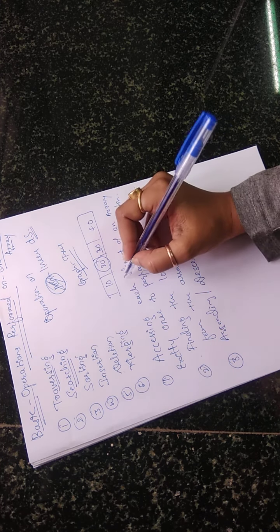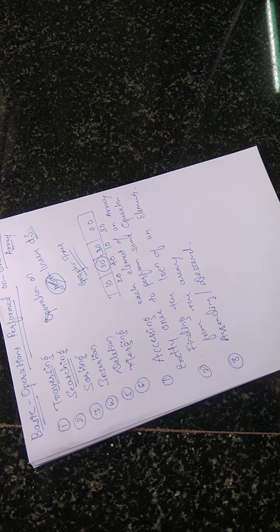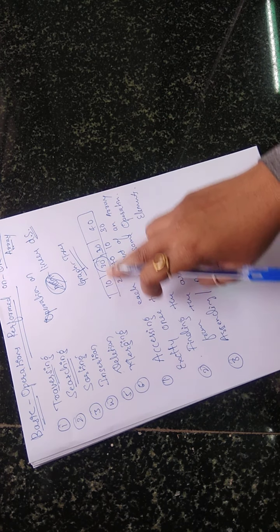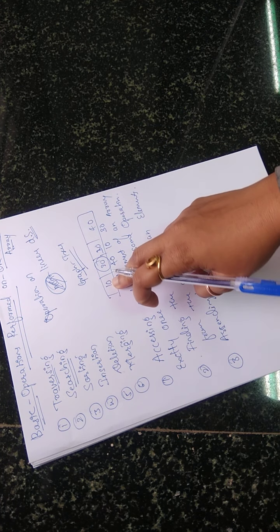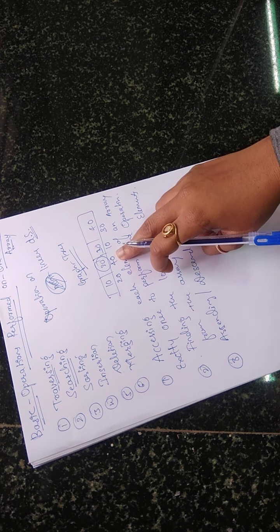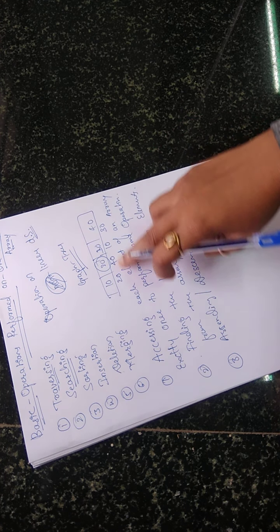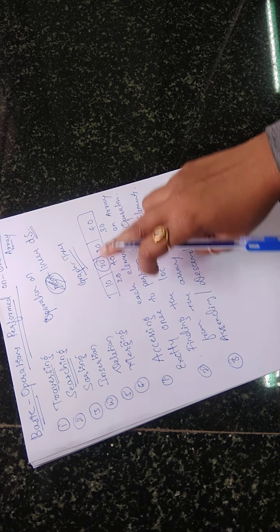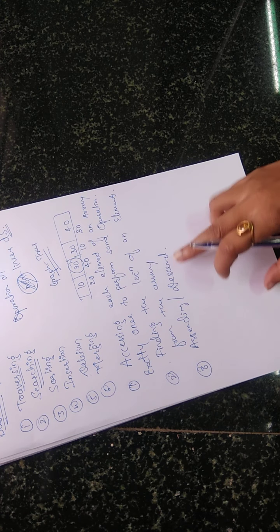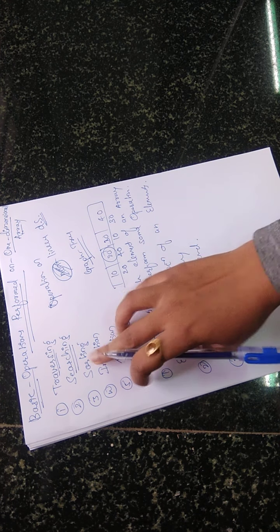For example, consider the array where I had stored the elements 20, 40, 10 and 30. Just see here. In the first array, 10, 20, 30, 40 are in sequence in ascending order, meaning the smallest element comes first, then the largest. In this example, first 20 is there, then 40, then again 10 comes and then 30 comes. So these are not in sequence. If you want to rearrange these values in a sequence, either from smallest to largest or from largest to smallest, that is called ascending or descending order, and we perform the operation called sorting.